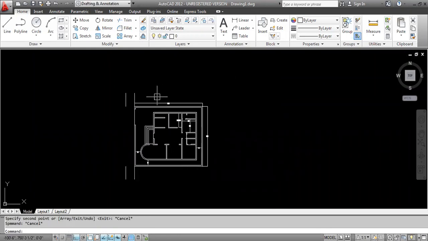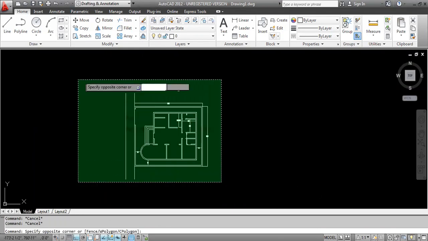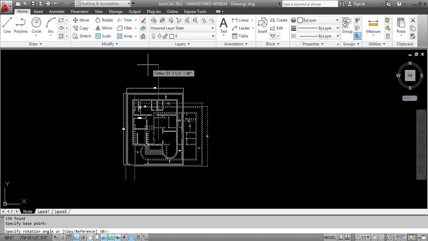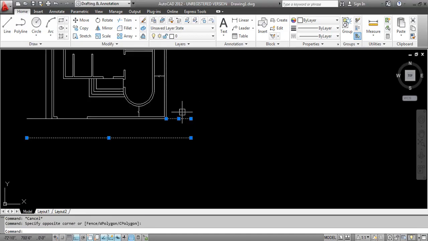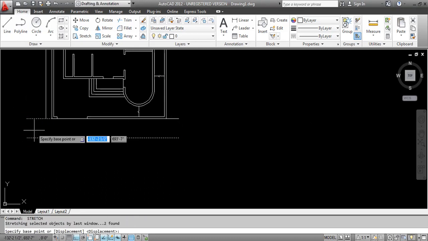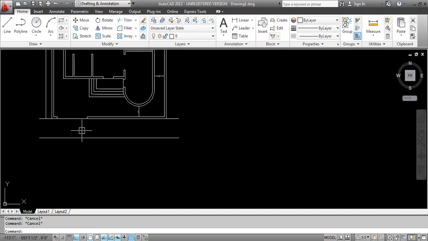Now you have to rotate this whole drawing by using the rotate command. Okay, you have to stretch a little bit. Easily we can stretch.